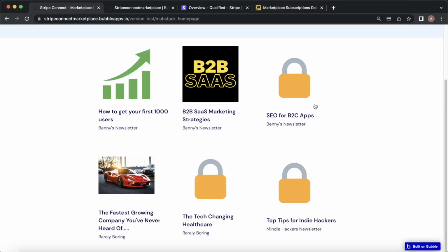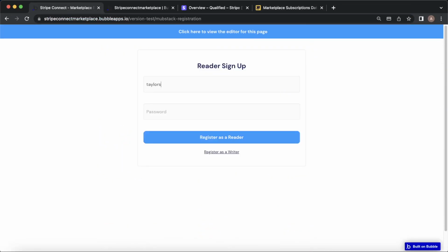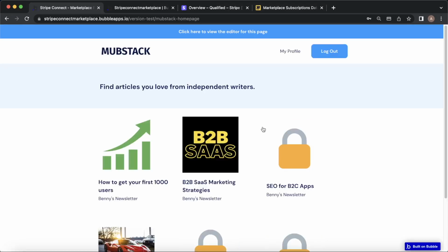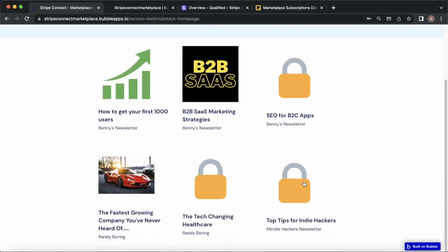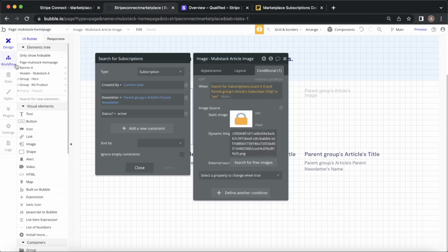Might be easier just to show how that works in practice. So what I'm going to do is I'm going to sign up as a reader this time. Register as a reader. And you'll see when I click on this, I'm not able to view it, but what I do get is this pop-up here. And what this pop-up here effectively is, if we go back to the home page,